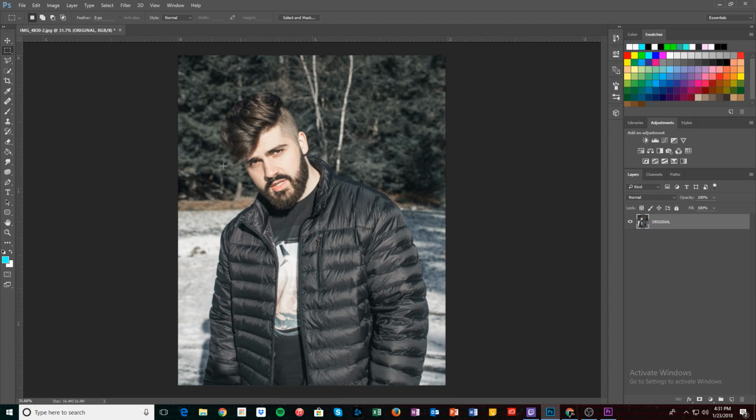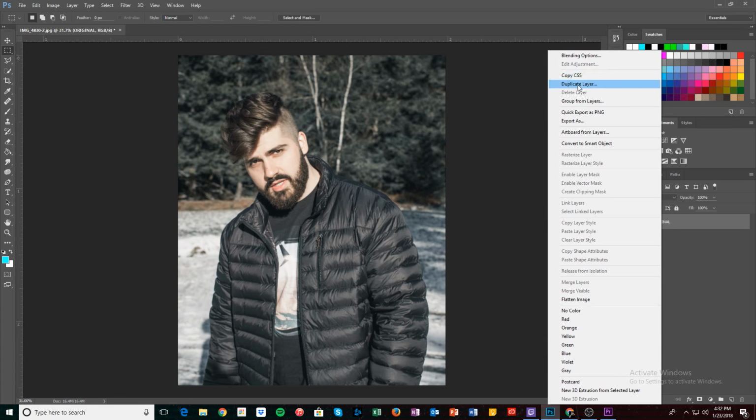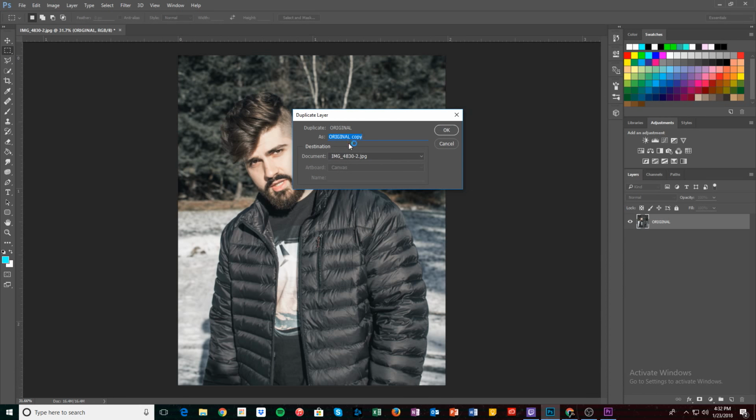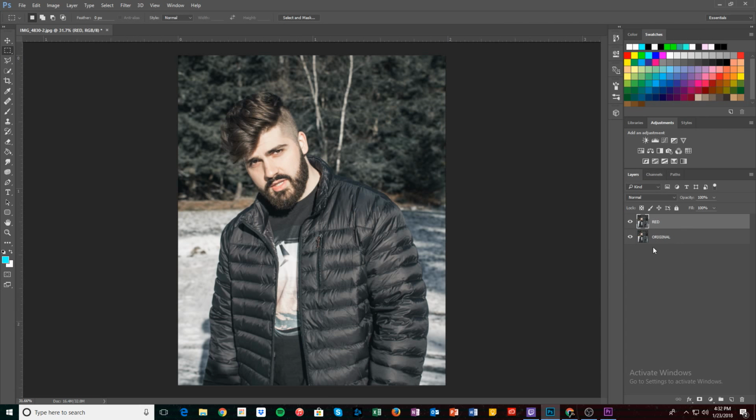Alright, first off, you want to import the image that you want to try this effect with into Photoshop. Once you have that image in here, I like to label the original photo original so nothing gets confusing. So first thing you need to do is right click on the original layer and duplicate that layer. You want to label this layer the red layer and then press OK. And then you want to make the original layer invisible. So you're going to check the eyeball right there. So now the original layer is invisible.